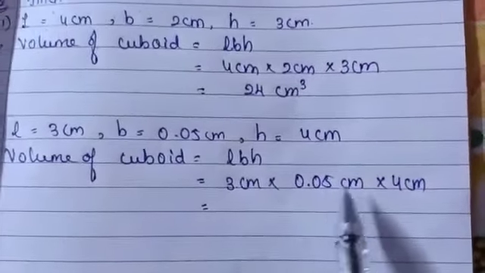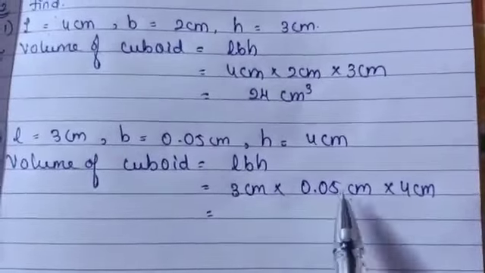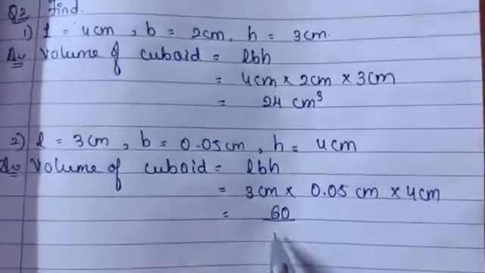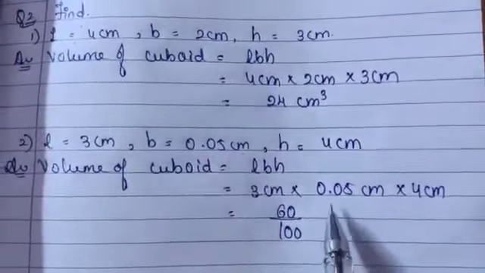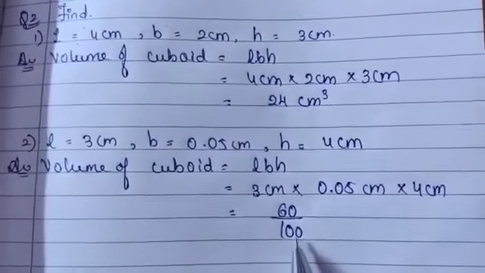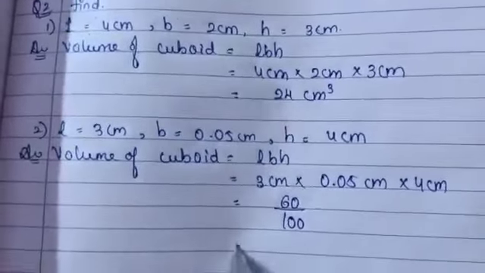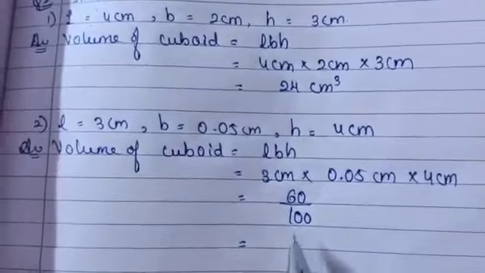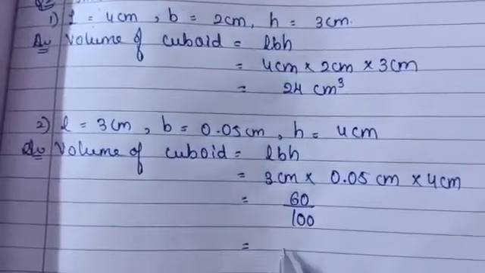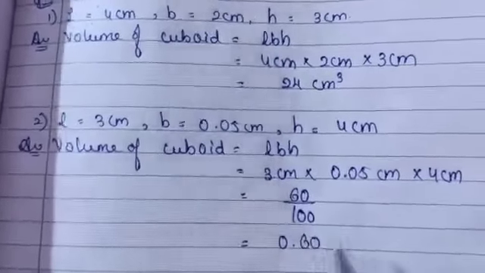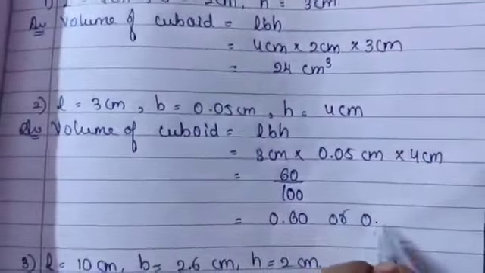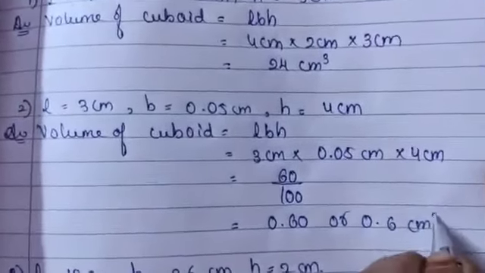So 3 5s, here we can take 4 3s are 12 and 12 5s are 60. 60 upon 100. Why have we kept 100? Because here we will remove the decimal, then 100 will come. Okay. Now we have to convert this into decimal. So the answer will be 0.60, or you can say 0.6 cube